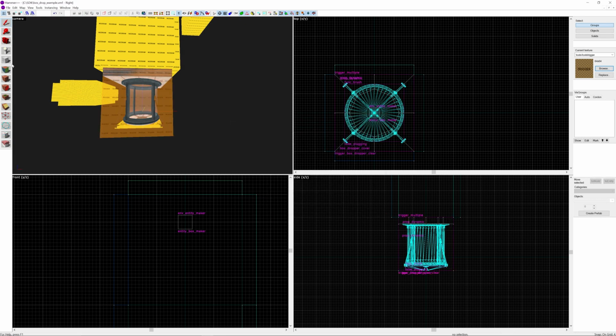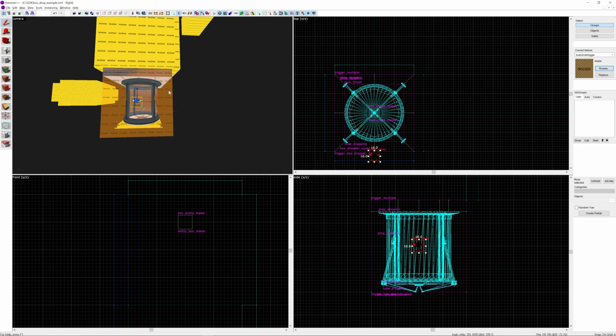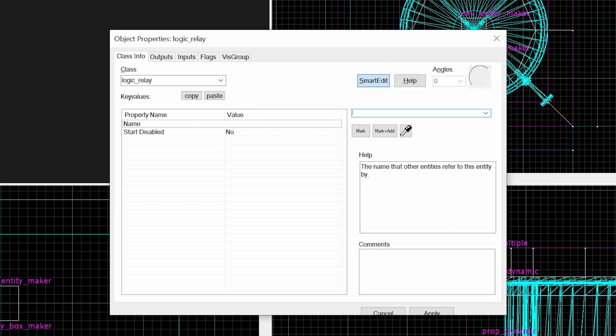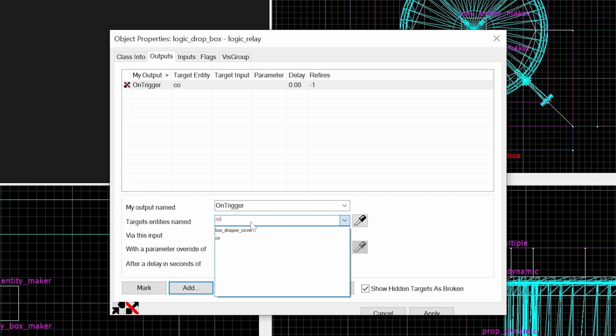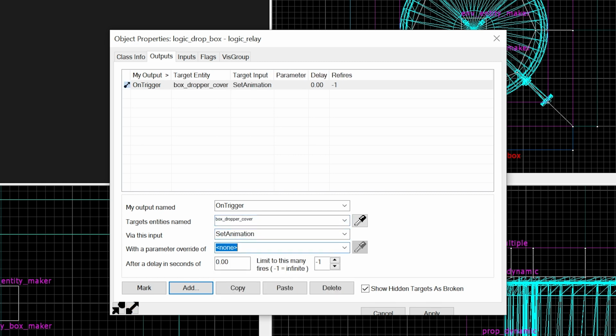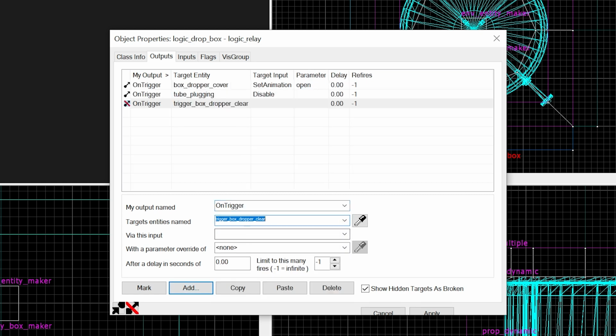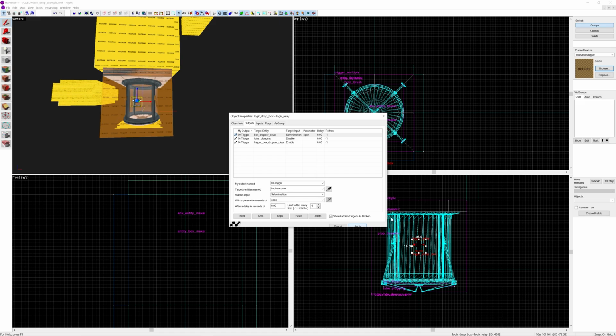And now we're going to have to create a logic relay. So let's just create that somewhere near the box dropper, presumably within the bounds, probably around there. And this is going to be called logic drop box. And on outputs, we're going to have on trigger the box dropper cover set animation to open, on trigger the tube plugging to disable, and on trigger the trigger box dropper clear to enable. Okay,